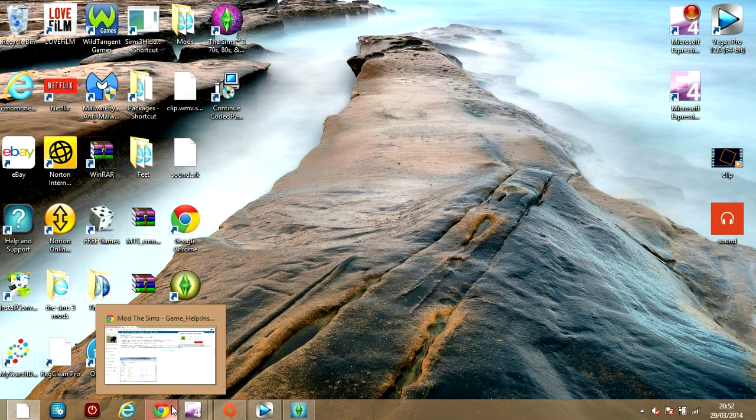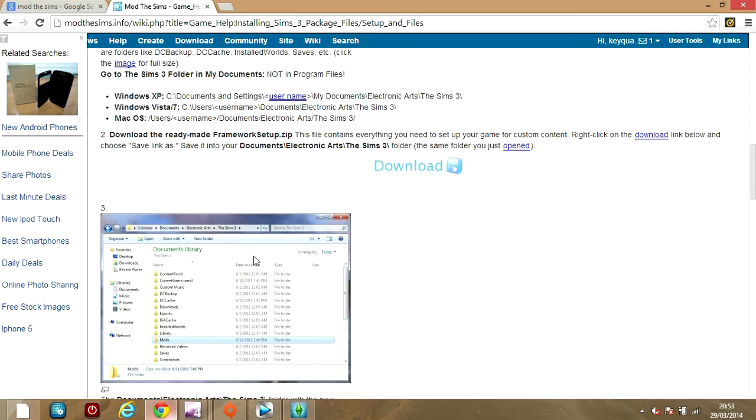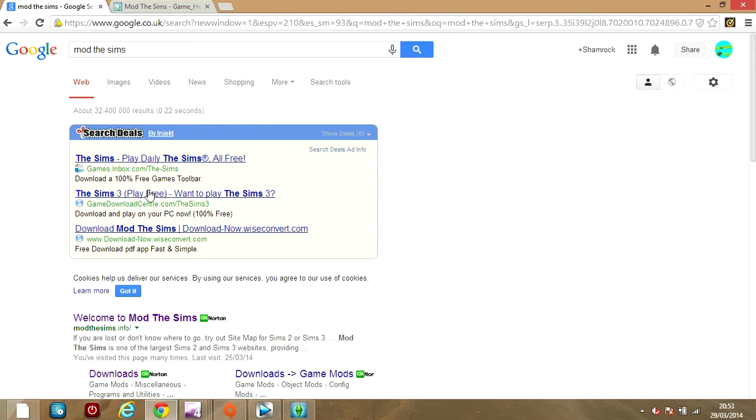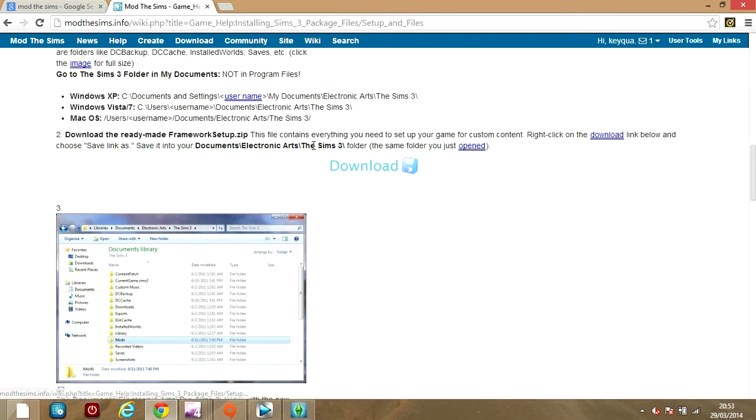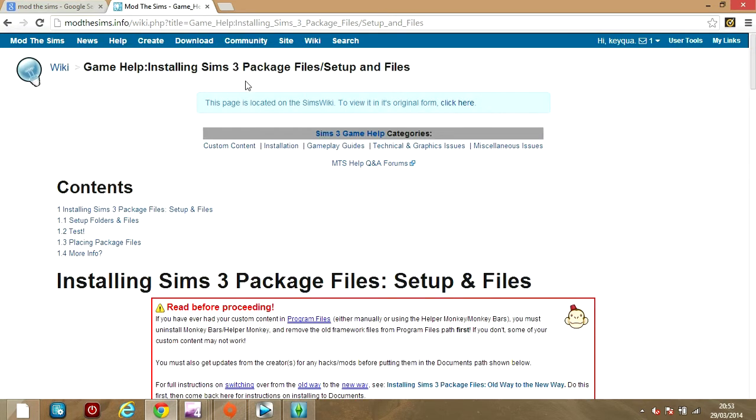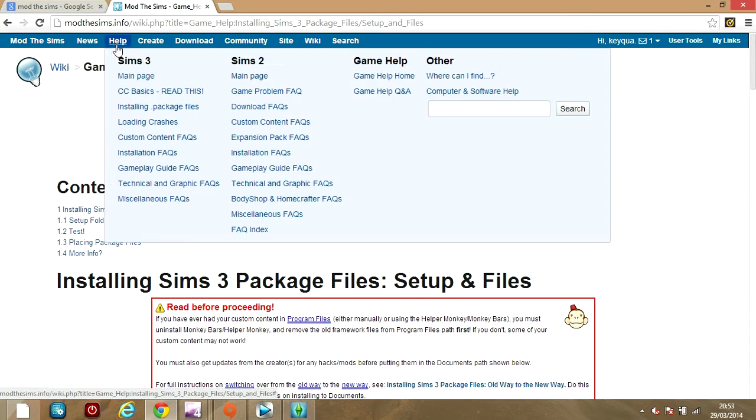So what you want to do is go to Mod the Sims in your Google Chrome search page. Just click into Welcome to Mod the Sims and this will pop up. Sorry about pop-ups as well. Then you'll go to Help, and you just type in how